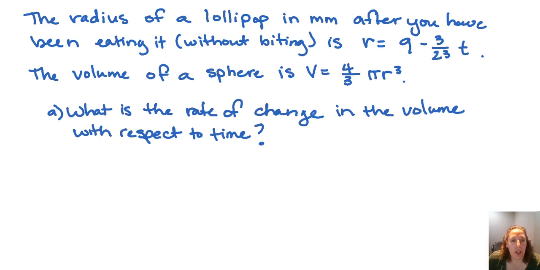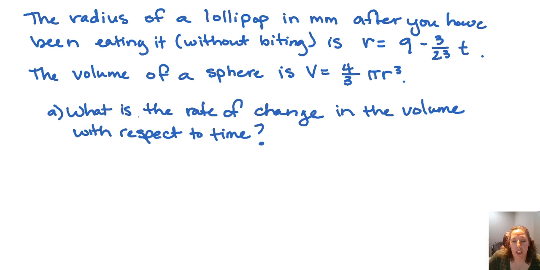Hello, in this video we're going to look at an application problem that involves the chain rule. So we have the radius of a lollipop in millimeters after you've been eating on it without biting it is r equals 9 minus 3 over 23t, where t is time in minutes